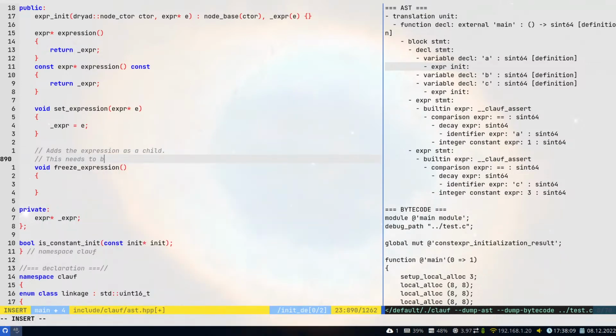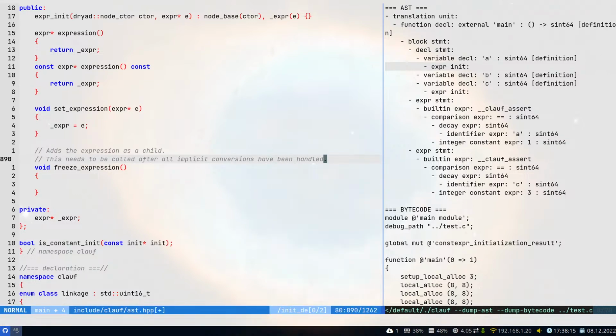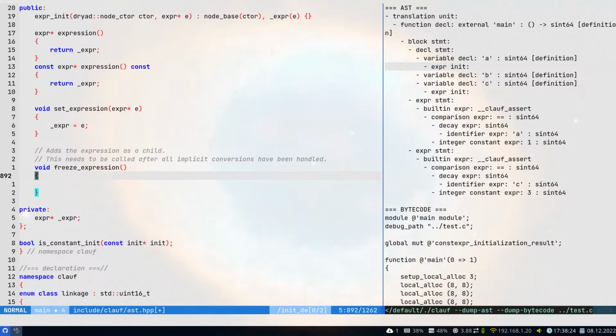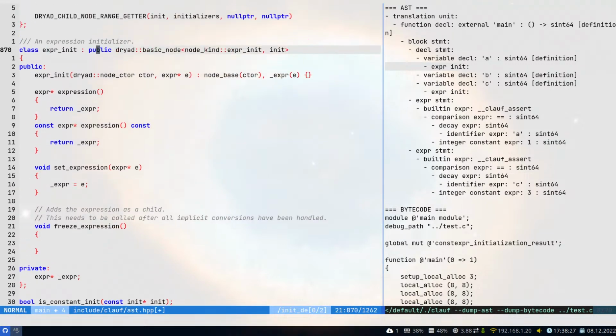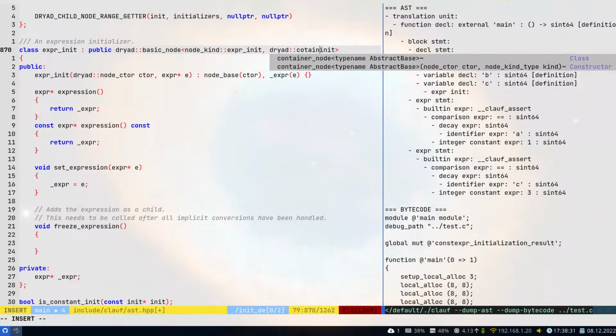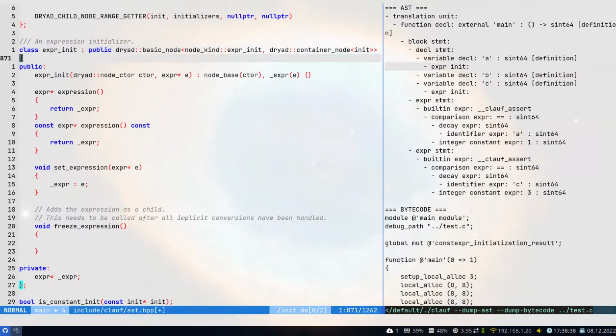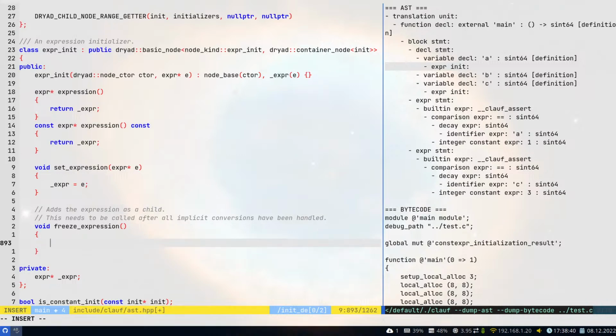This needs to be called after all implicit conversions have been handled, because otherwise we can't inject something else. This isn't ideal design, but it's what I have at the moment. So this means that you contain a child after all, so you're not an init node, you're a container node of init, and